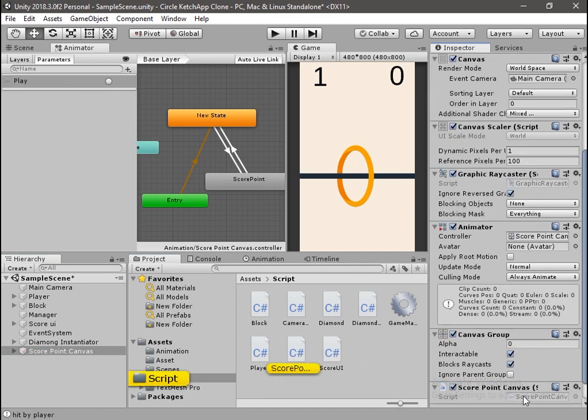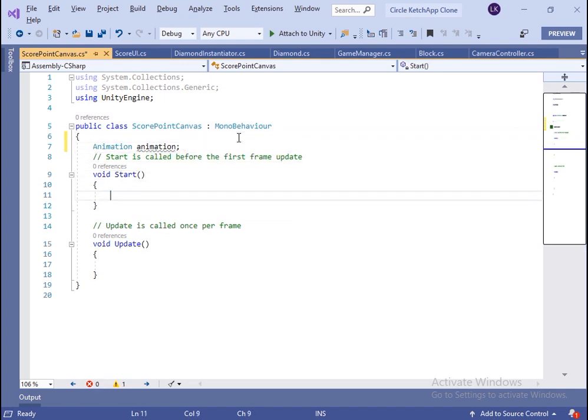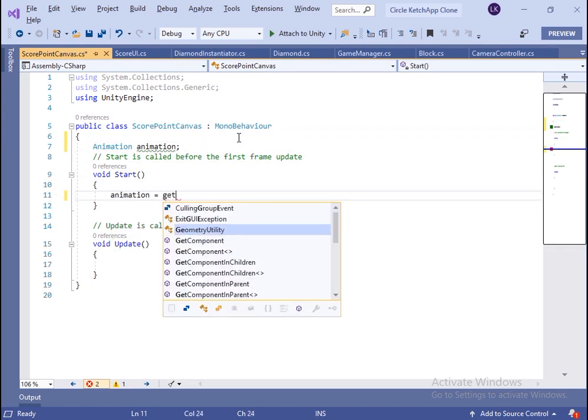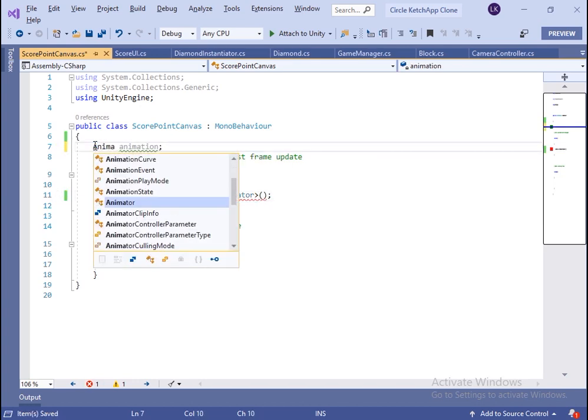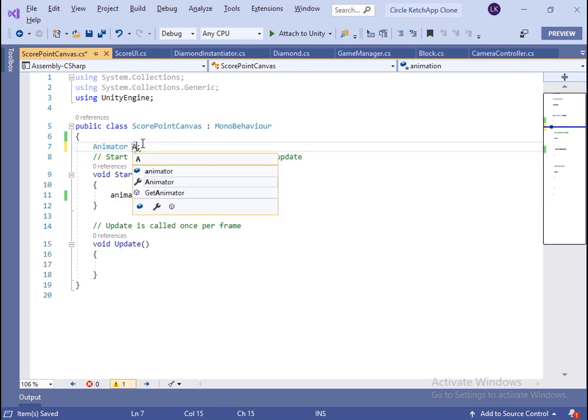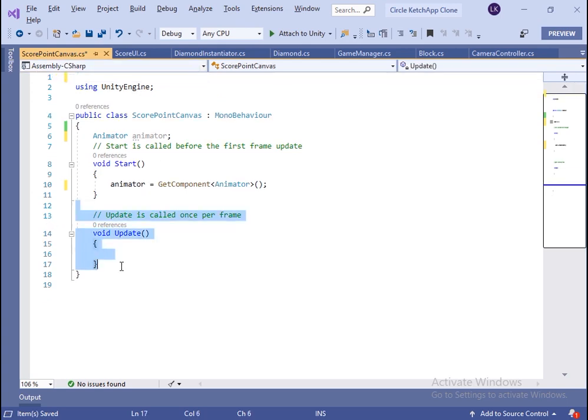Now inside this we just have to create one function. First of all, we take the reference of the animator. We will do this by using get component. We will take the reference of the animator, not the animation. We will delete the packages which we will not use.